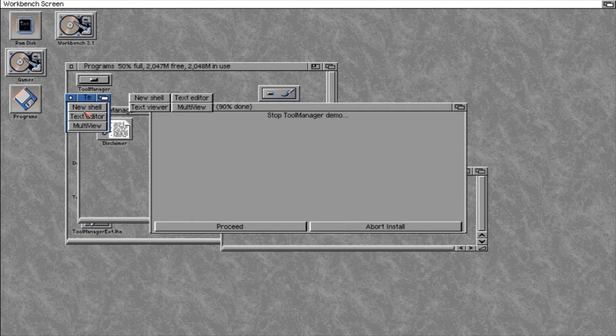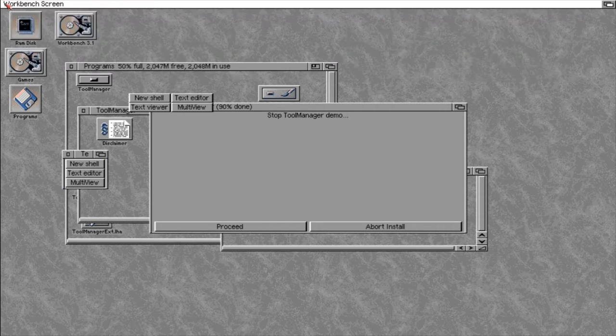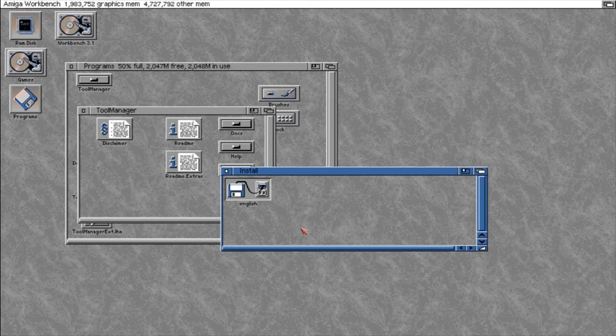It doesn't actually show much. It just shows you the toolbar buttons themselves, which doesn't show ToolManager in its entirety. As you can see, just by clicking on these buttons, it opens some of the programs that are in there. It's not a very good demonstration, and it doesn't do it justice at all. So what we're going to do is just close these windows down,